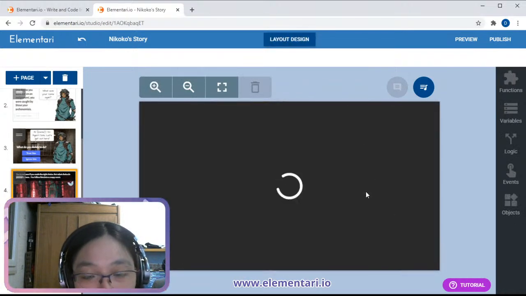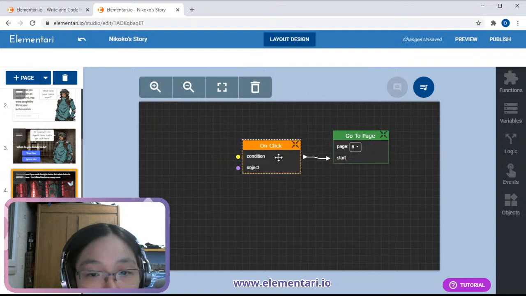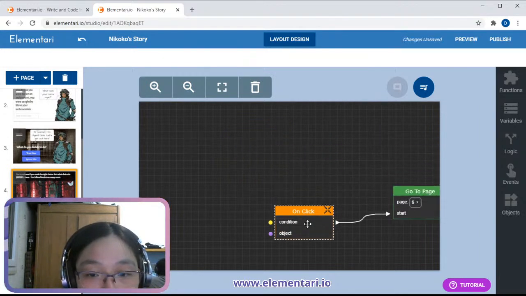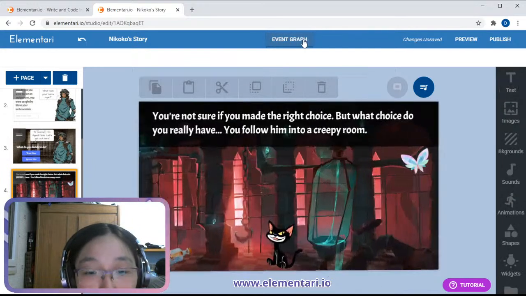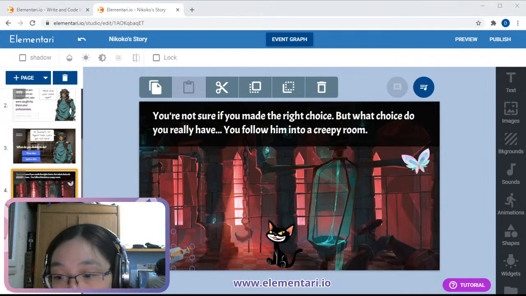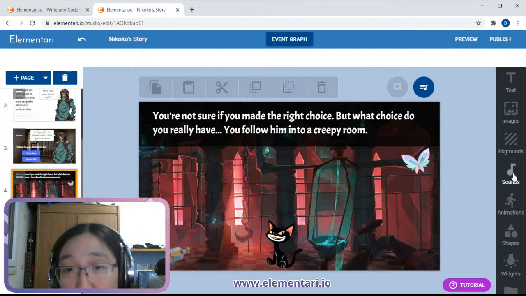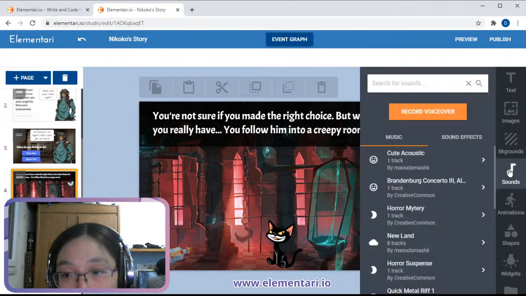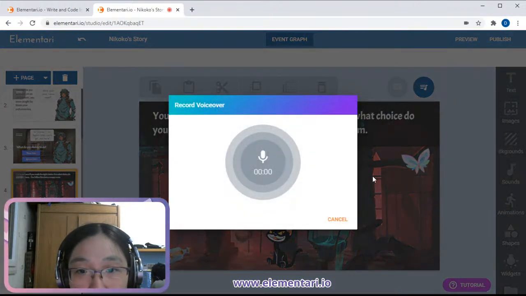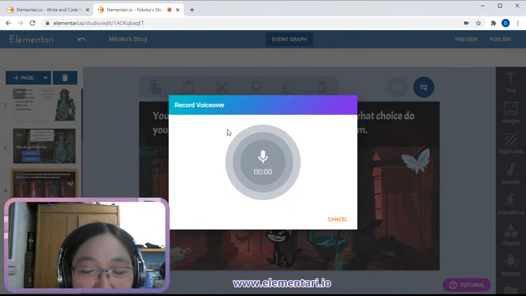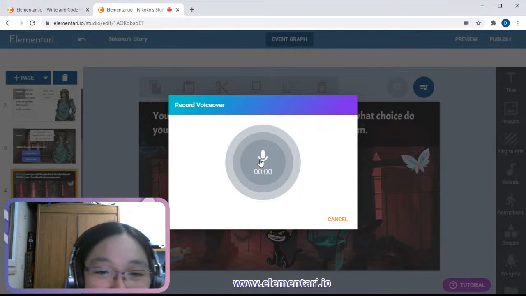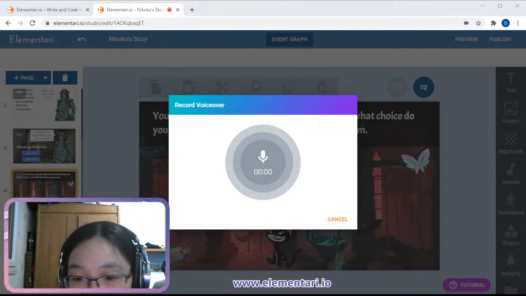Yeah, my code will disappear partly. So what I'm going to do is, let's say I'm going to code an audio clue. So in order to do an audio clue, I need to record a voiceover. So I go to sounds, I click on record voiceover. I'm going to click on that. I don't think anyone will hear you, so it's going to capture my microphone sound.